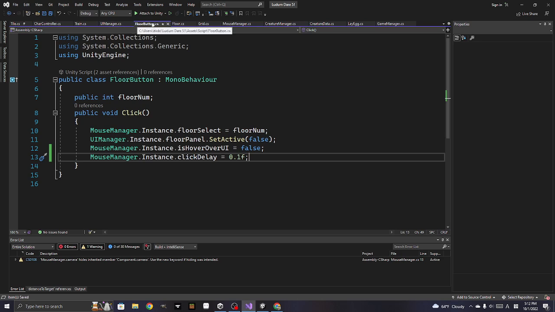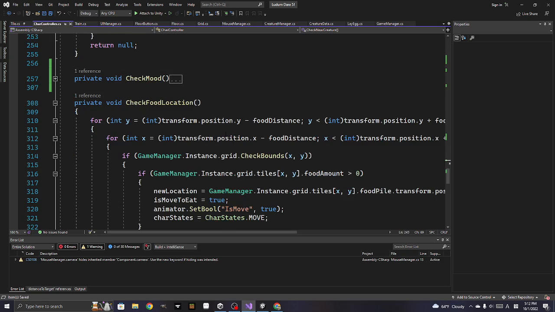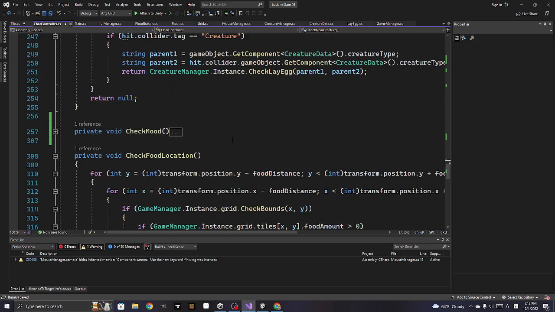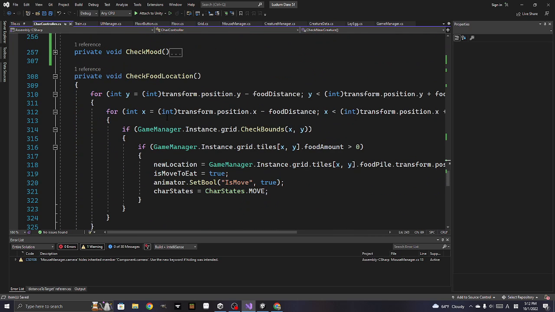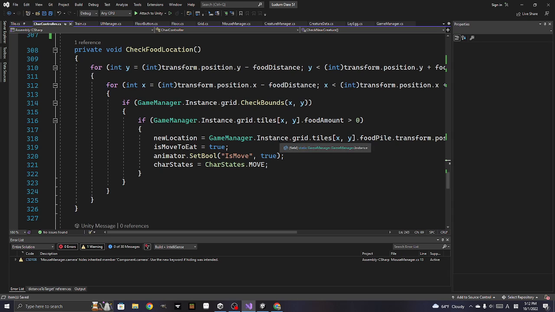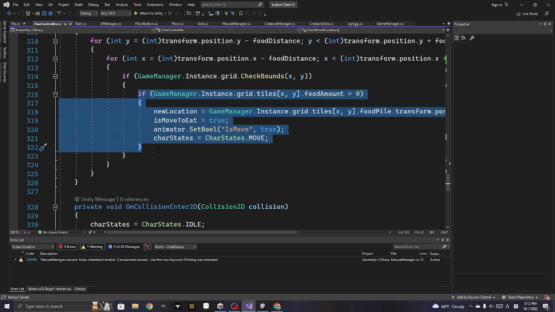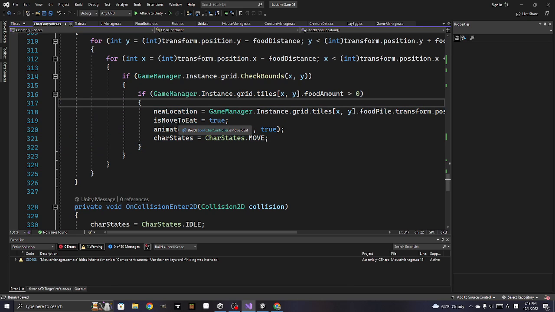Let's go to find food. I don't like doing this, but check food location. So this is looping through all of them. And if it finds one, it's doing this. What we want to do is